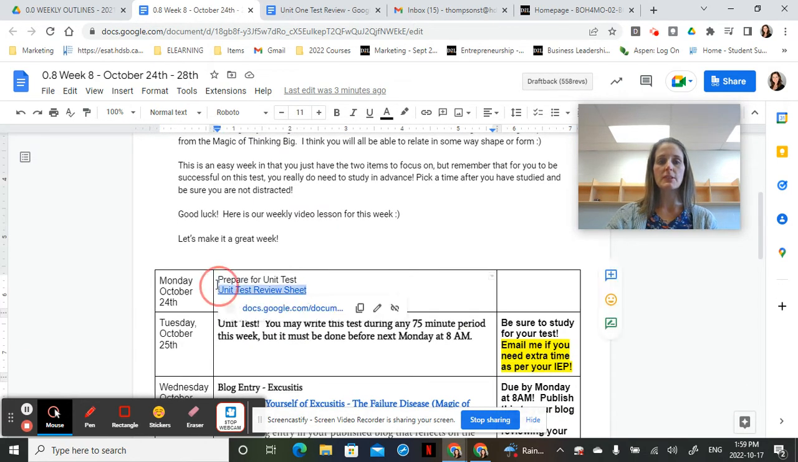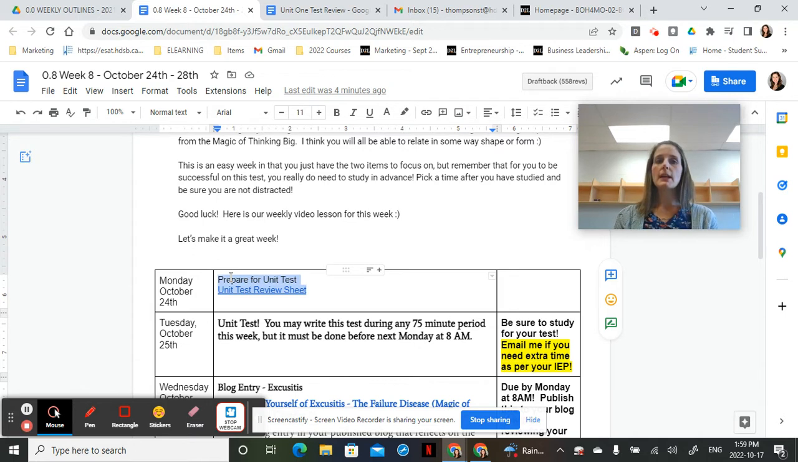This week, the focus is on our unit test. Your unit test is actually live now. It's open for you to complete. You are able to complete this test at any point this week. It just has to be done before next Monday at 8 a.m. So look at your week ahead with your other courses and decide when a good time will be for you